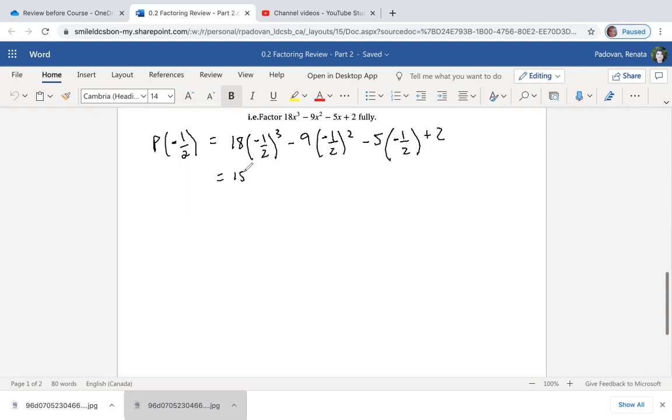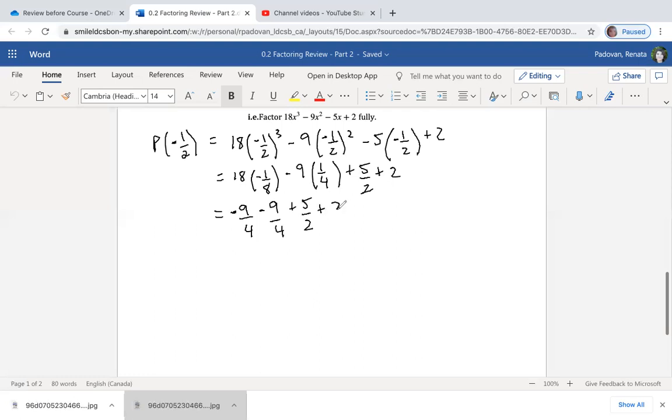So that would end up being a negative 1/8 minus 9. Now this would change positive, right? -1 times -1 is 1, and 2 squared is 4. This would end up being positive now, positive 5/2 plus 2. And then we could do the same thing as before. Half of 18 is 9, half of 8 is 4. So I would have 9 over 4 but I have the negative here multiplied. So negative 9 over 4 minus, subtract 9 over 4 plus 5 over 2